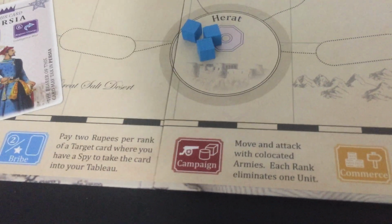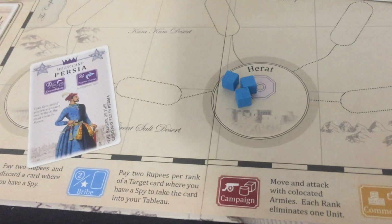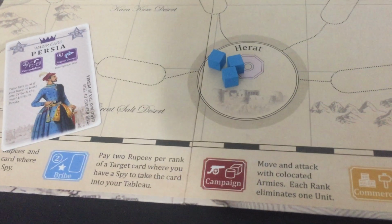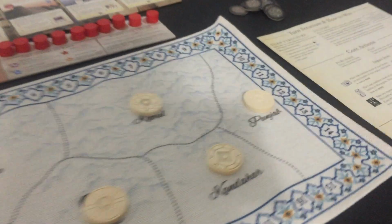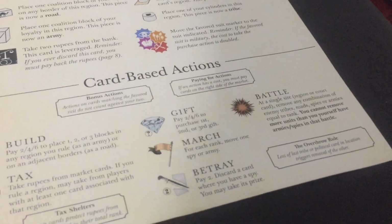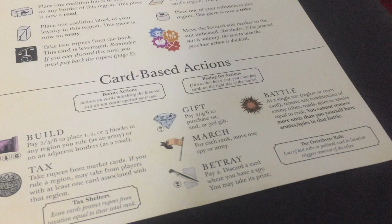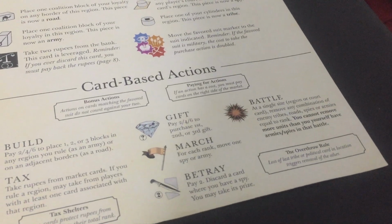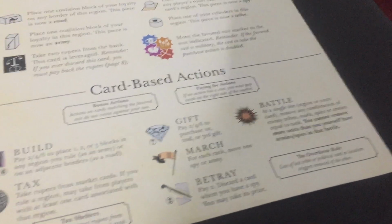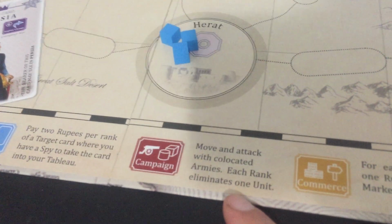And that was fine to me at the time, but after playing Pax Pamir 2nd edition, I kind of long for that simplicity of just being able to do one march or one battle action for everything. So in the new one, march and battle work for both spies and troops, and they work roughly the same in that march moves units equal to the rank of the card, and battle allows you to battle again equal to the rank of the card. Whereas with the old action, the campaign action allows you to move and attack,